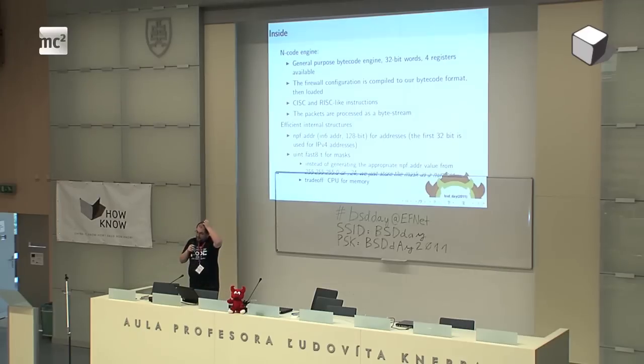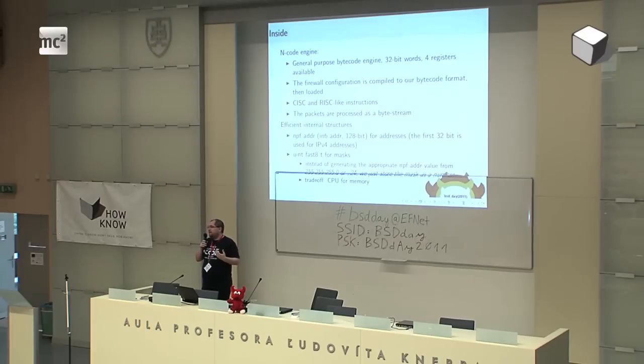Okay, so you've written the config, you used npfctl to compile it. Then what happens? How is it evaluated? So what we do is we have this bytecode engine inside the kernel. It has 4 registers, and it uses the standard word format. We have both CISC and RISC-like instructions. So we have instructions with fixed parameters, but we also use some commands with the load and store architecture. It's basically a mix, but it's very easy